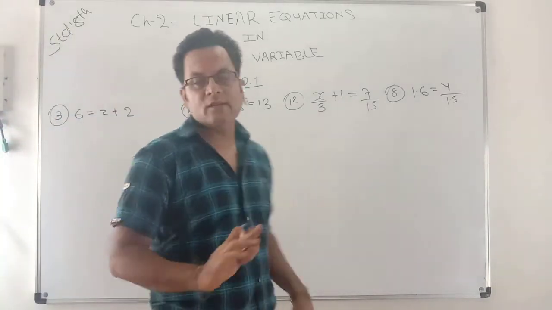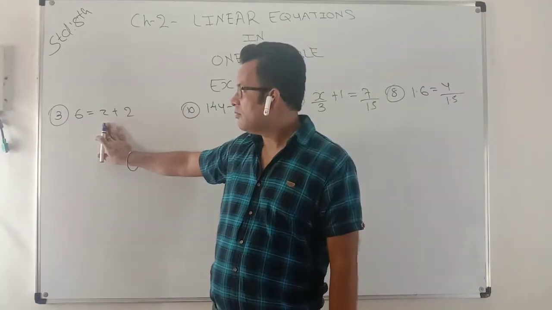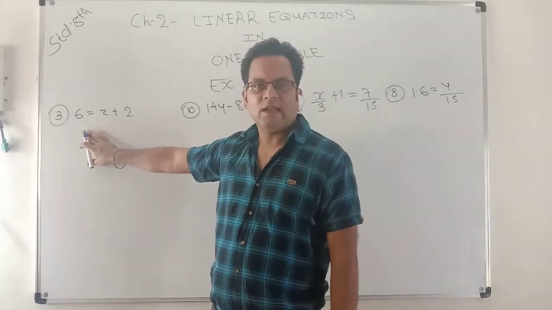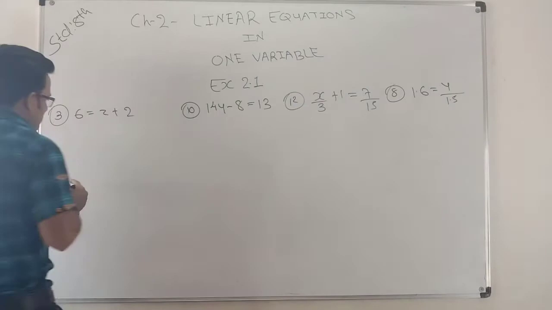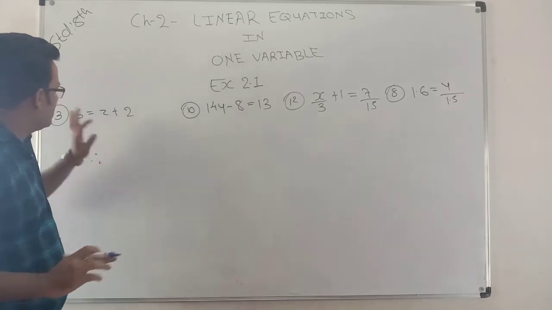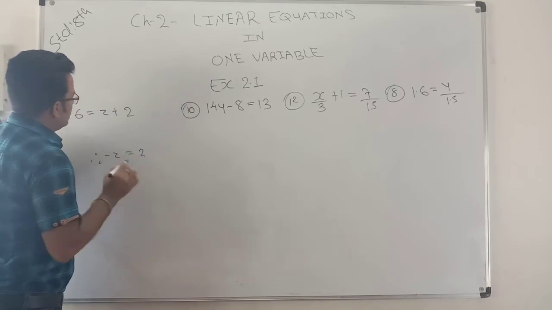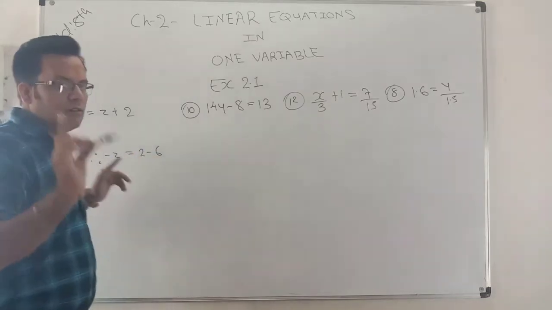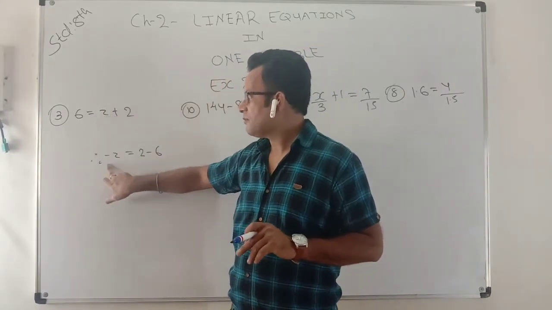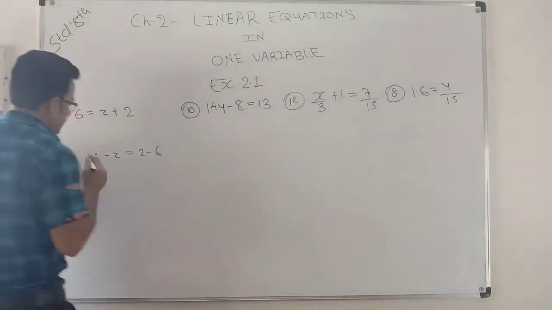6 is equal to z plus 2. So here we want the value of z. So we have to shift our z to the other side. So let's do it. Z, right now it is plus here, it will be coming to this side, the left side, it will be minus z is equal to 2 minus 6. You have to understand, here the opposite sign plays a big role. Your z is positive, now it is negative. 6 is positive, now it is negative. Now what happens? See.